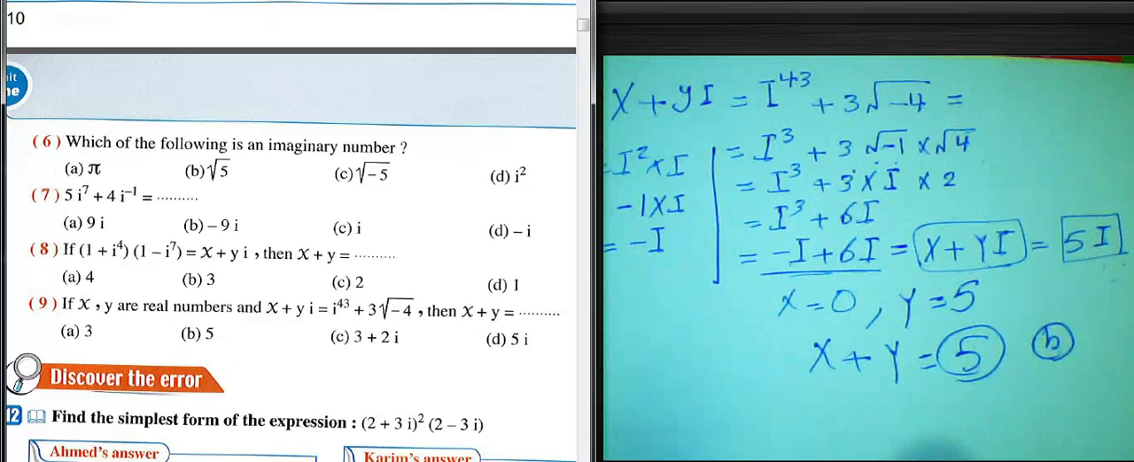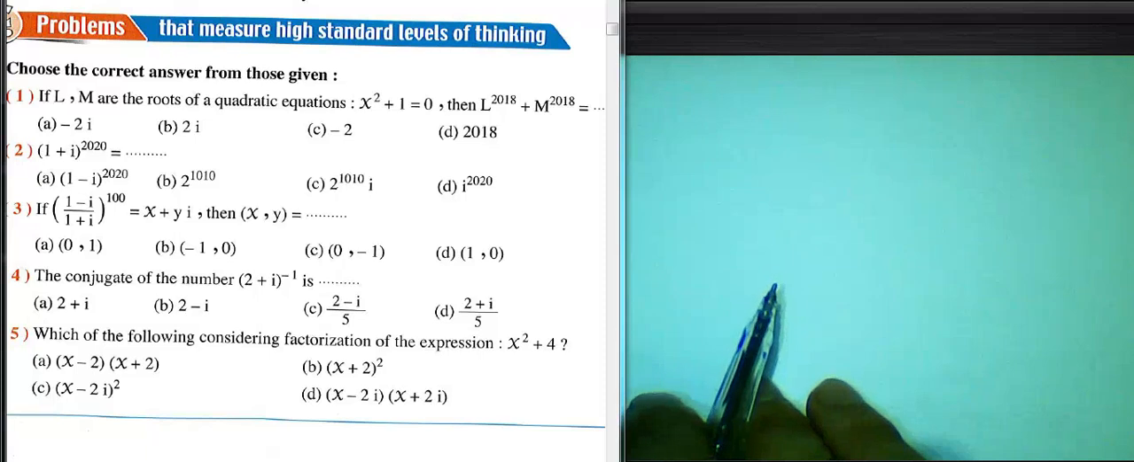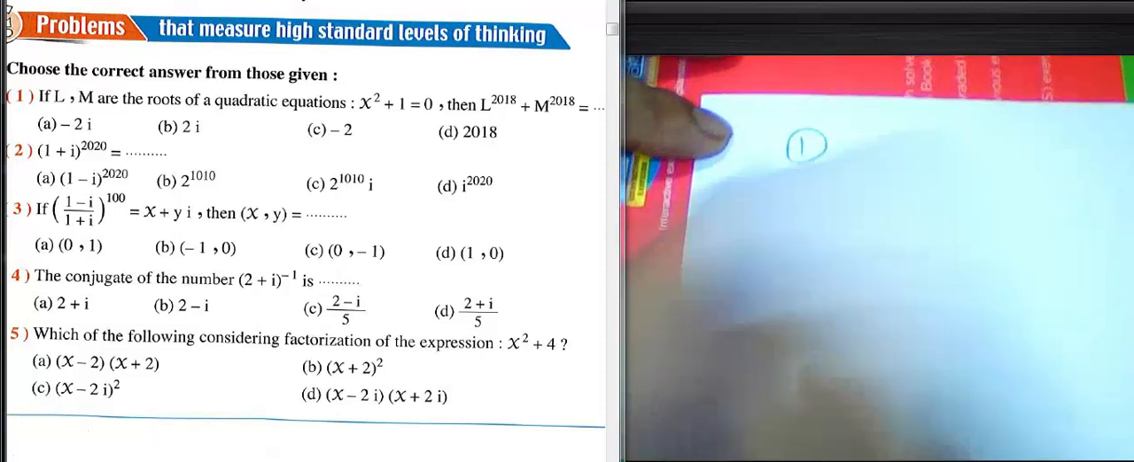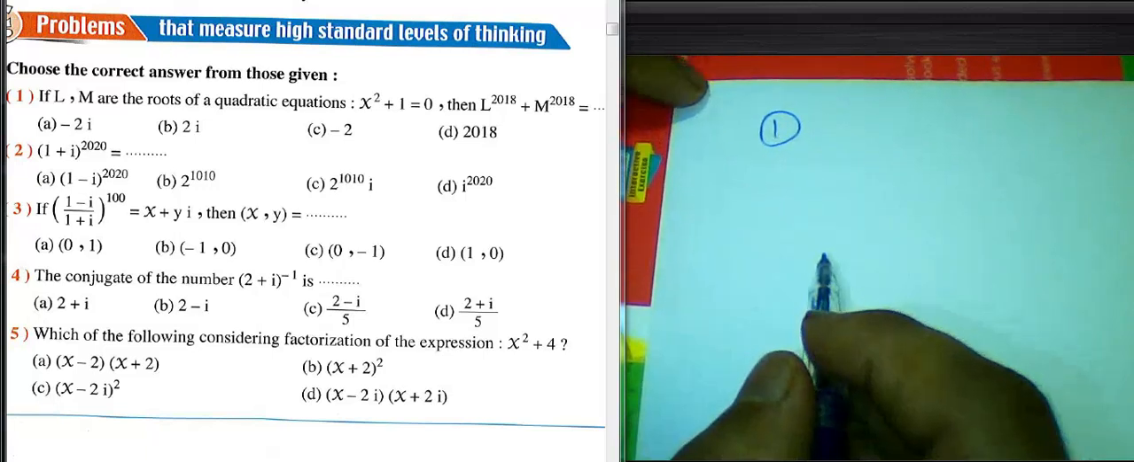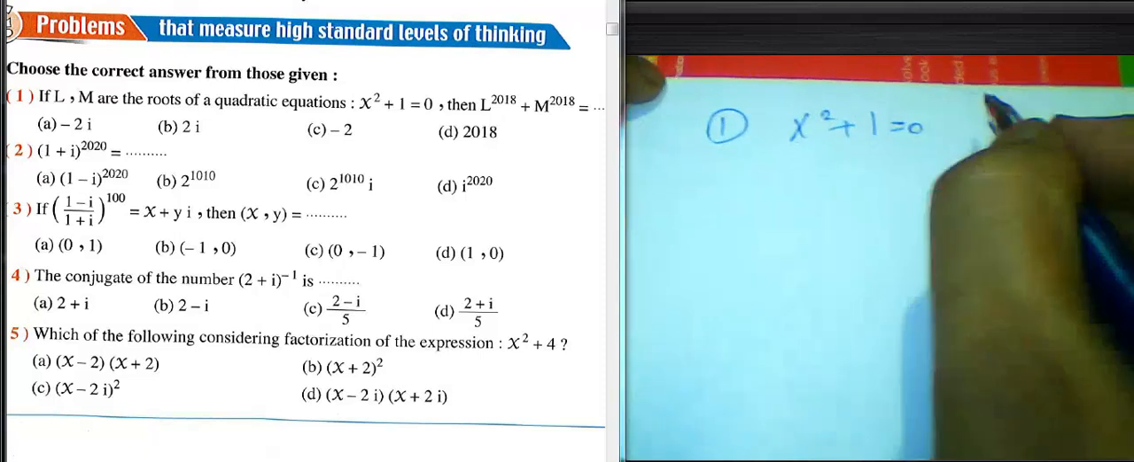Another question. Choose the correct answer from those given. Number 1, look at it with me. If L and M are the roots of the quadratic equation x power 2 plus 1 equal 0, then